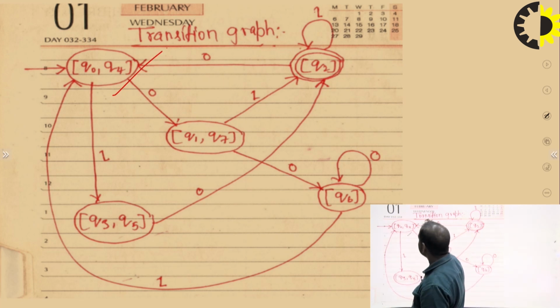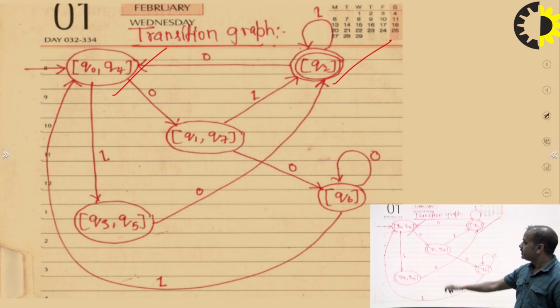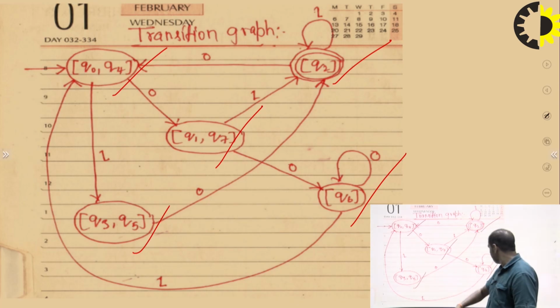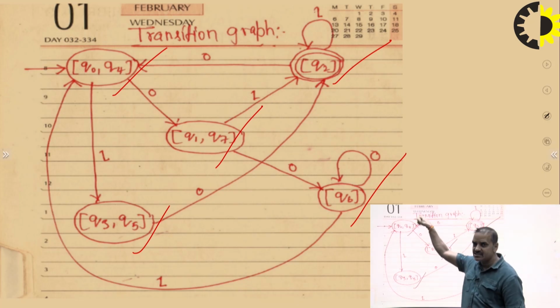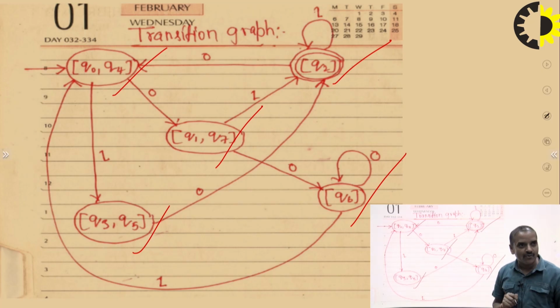Here the first state is Q0, Q4. The next states are Q2, Q1, Q7, Q6, Q3 and Q5. These are the states which we have converted after minimizing the given DFA. Firstly, we have to mark the states Q0, Q4, Q1, Q7, Q2, Q3, Q5, Q6. Now, check